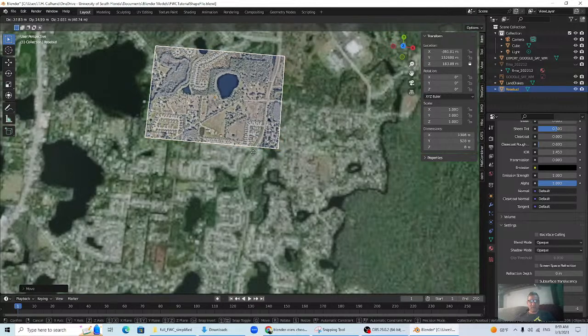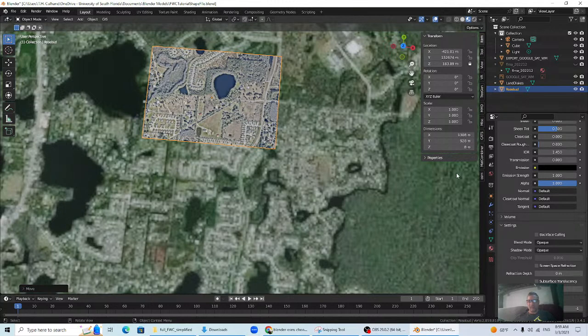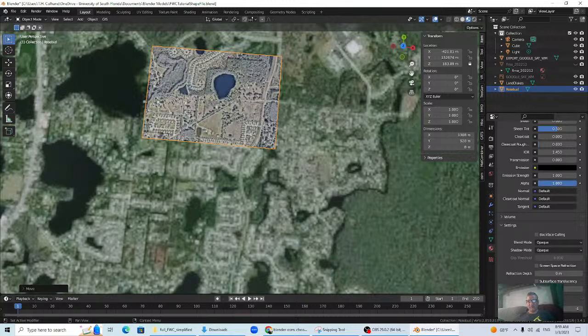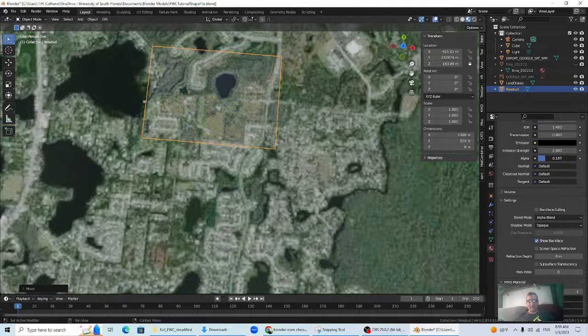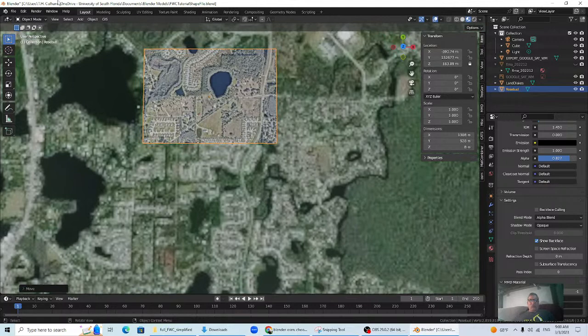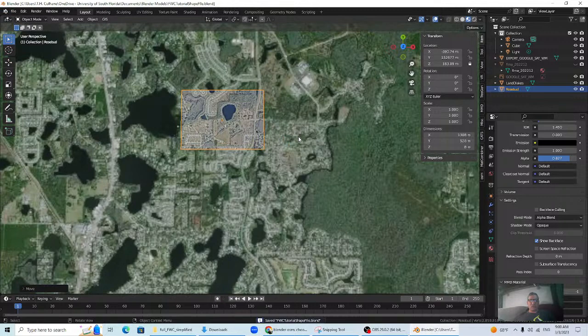And hit G, and let me try to make it conform to there. If I do my alpha, nothing happens because I have it set on opaque, and it should be alpha blend, I think. Let's try that. There we go, yeah. All right. So, there we are. That's much better. Right, okay. So we have that placed in the right place, and now let's see where we are in relationship to the